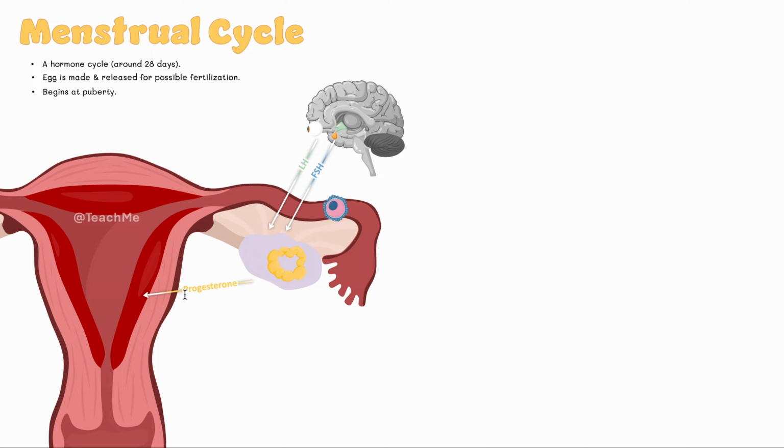And now, with progesterone, it gets even thicker. We're preparing even more to receive that baby. At the same time, this progesterone is also going to do something called negative feedback. It's going to go tell the pituitary, stop, halt, we don't want any more FSH, we don't want another follicle, we already made one, we already released one, no more, please, one is enough. So this progesterone will inhibit the synthesis of a new follicle by inhibiting the release of this hormone FSH from